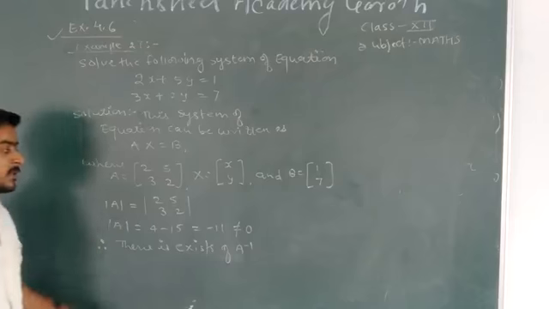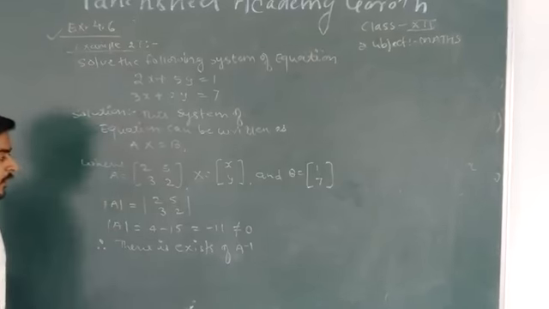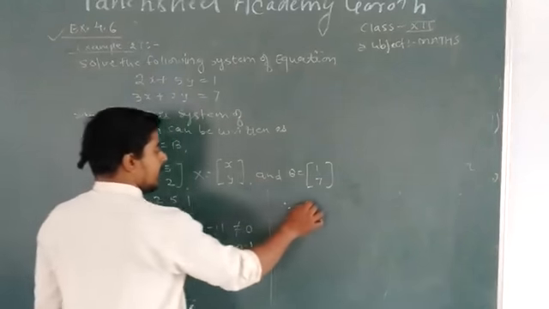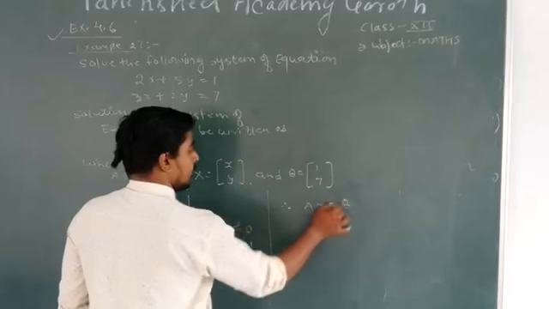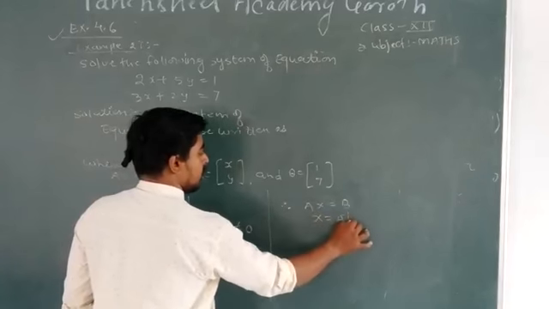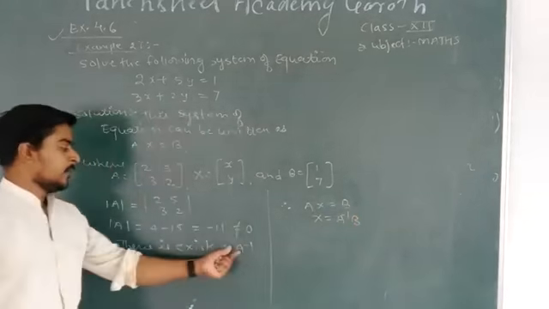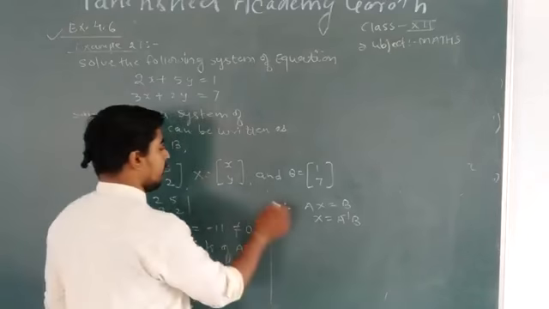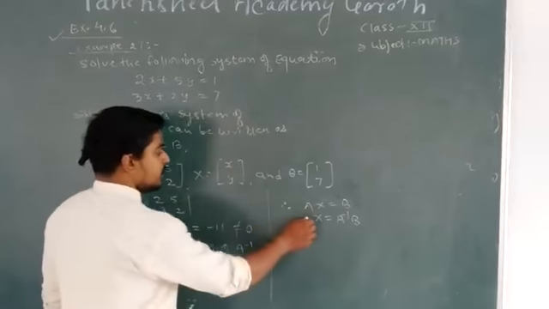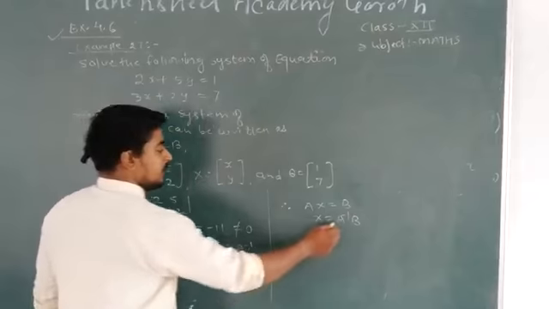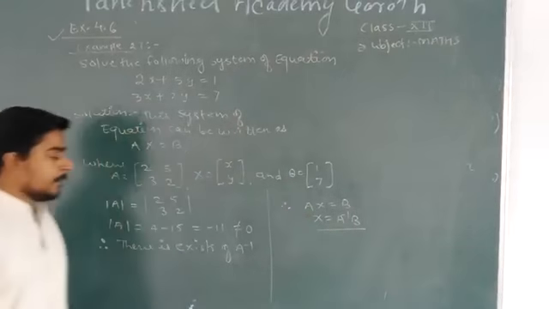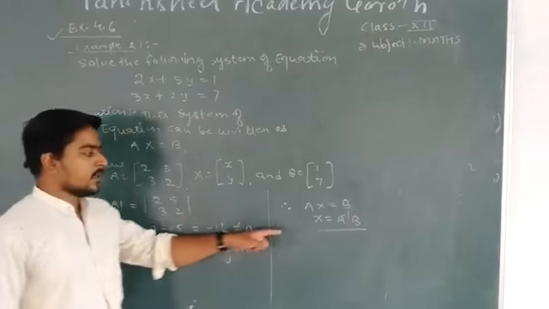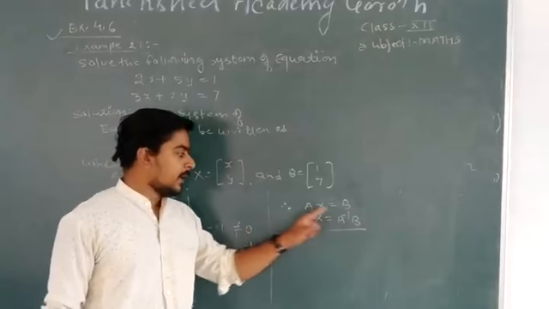हम A inverse निकालने के लिए, जैसे हम जानते हैं कि inverse मेथड से हमको इसको निकालना है, तो हम यहाँ जानते हैं since AX is equal to B, then X will be equal to A inverse B, because the inverse of A exists here, then we can find the values of the variables x and y. So by the help of this way we can find the values of x and y. Now in this situation, first we will need to find the A inverse.